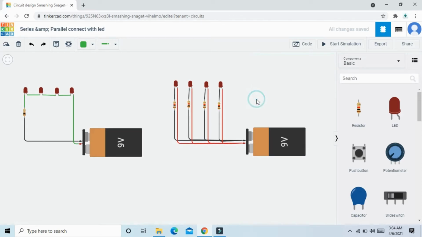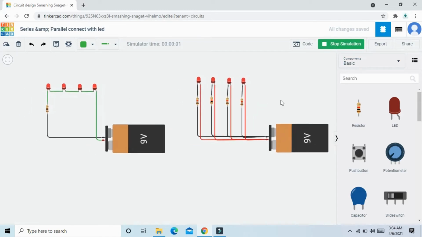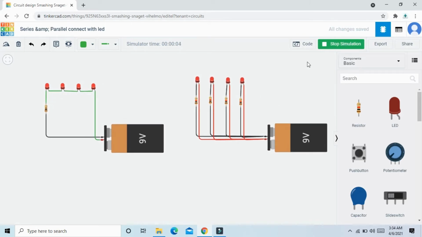Now circuit will completed. This is a series connection and this is a parallel connection. Start simulate. Here you see LED brightness is so low because resistance value is so high.